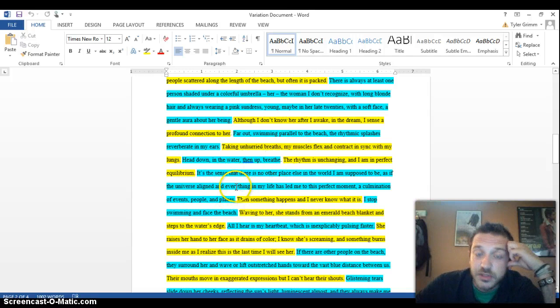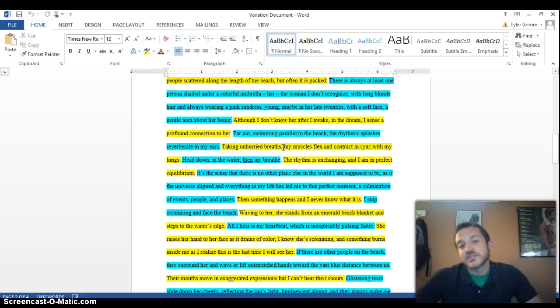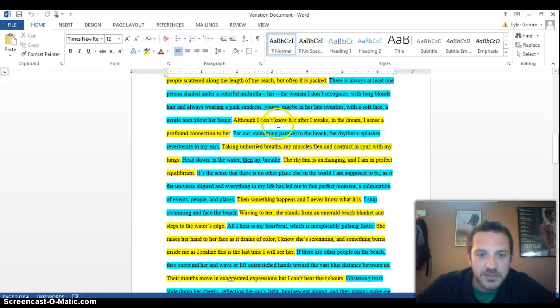And you'll become more familiar and comfortable with variation as you practice it more. And I've kind of figured out what works for me. So my standard variation, as you can see, is a long sentence, and then maybe 2 or 3, well, here there's 4 short ones, but this is one of those instances where I'm trying to create tension in the reader. I'm trying to build up in this scene, which is describing a dream, that something bad is happening. So here's a series of shorter sentences, and then I break it up with a longer one. Then there's 2, 3, or 4. There's 4 short ones, then a longer one.